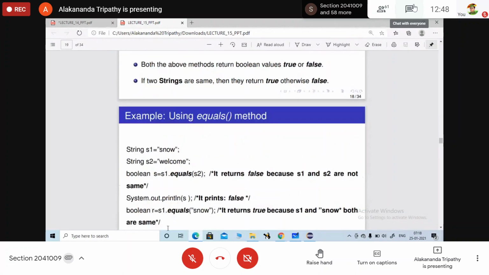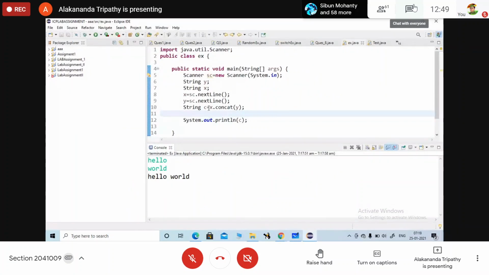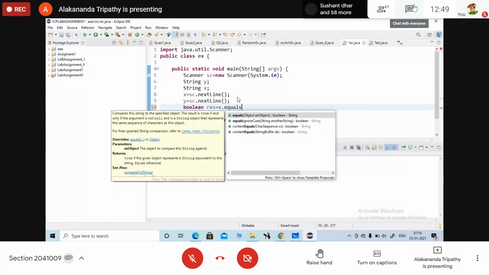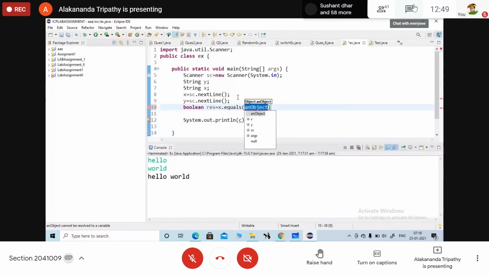Now here you can check the example. Otherwise, I will write it here. Next line. boolean result is equal to x.equals(y).